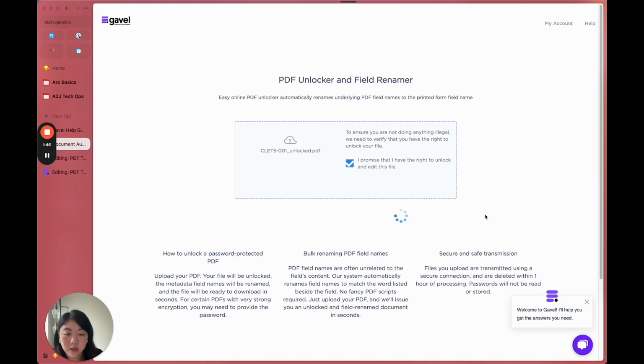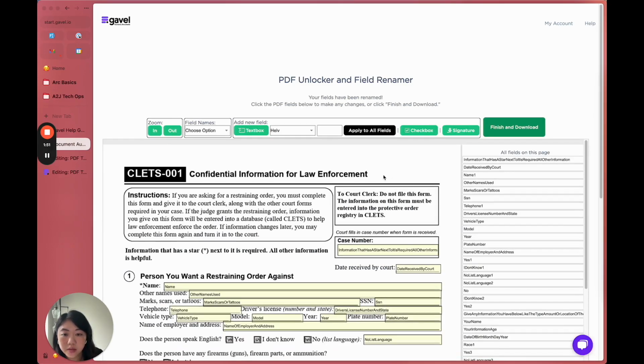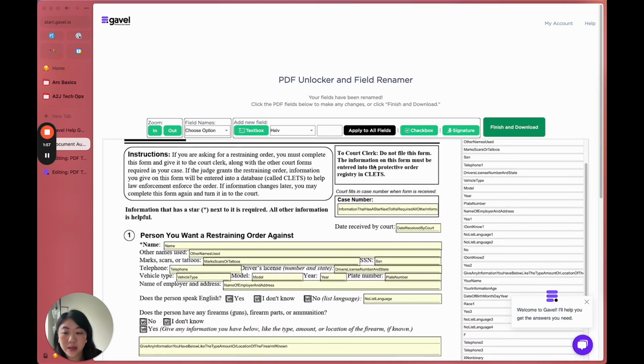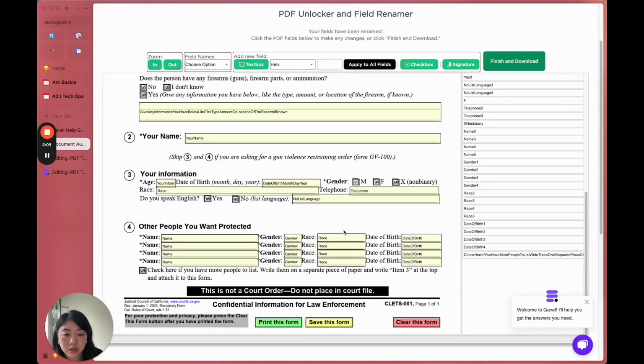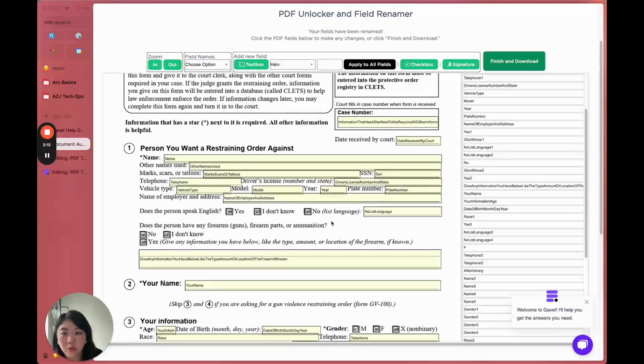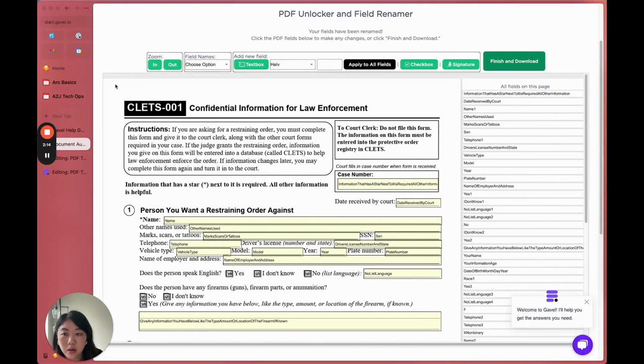Might take a second to load here. Okay. So this interface might be familiar to those of you who have used Adobe Acrobat to use their Prepare Form tool. And it works very similarly. You can adjust the font or the font size of all the fields. You can add more fields. For example, if you needed to get a signature for some reason at the bottom here, or if you wanted to add a field so that you can label it for your practice area or for your firm,